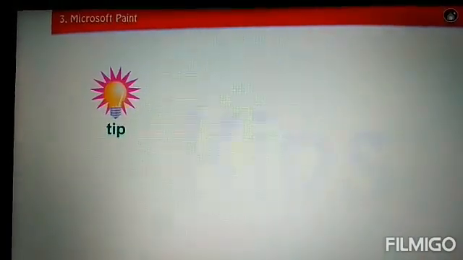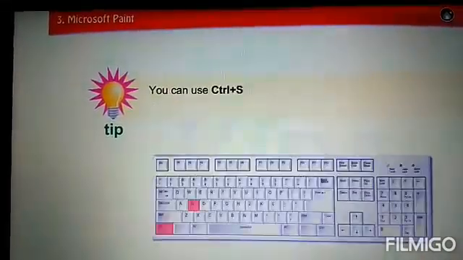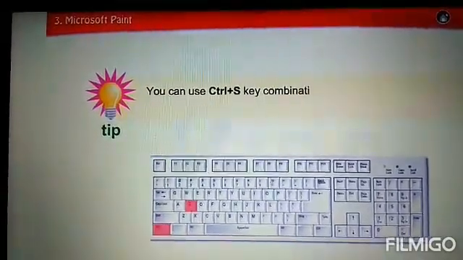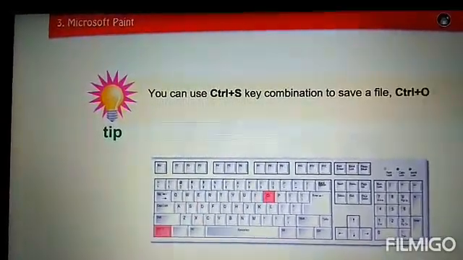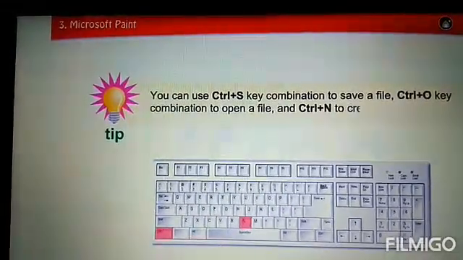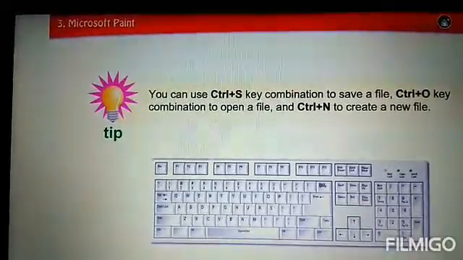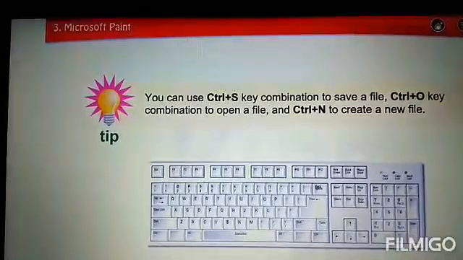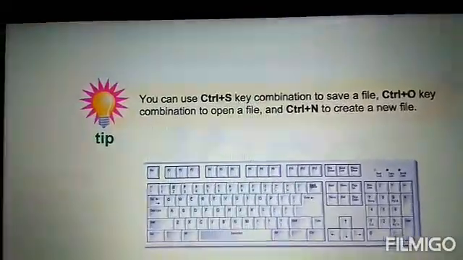See the tips. You can use Ctrl S, that is a shortcut key combination, to save a file, Ctrl O to open a file, and Ctrl N to create a new file.